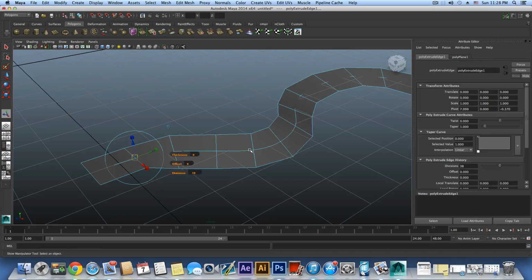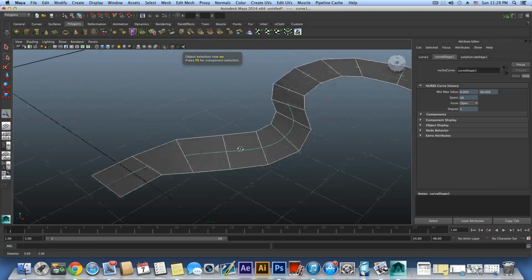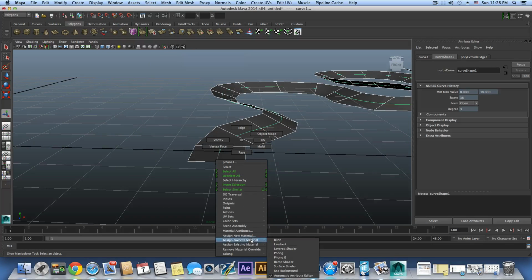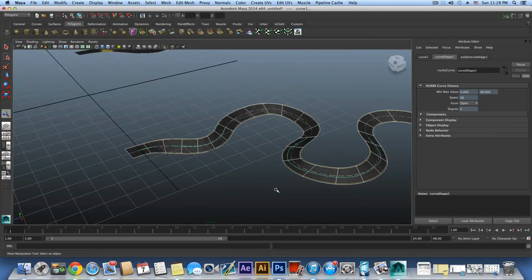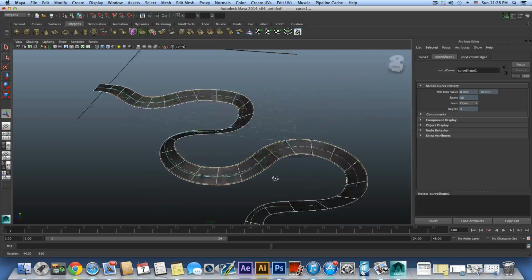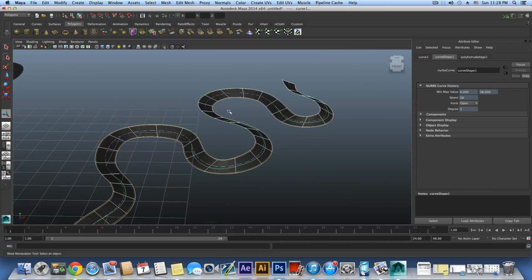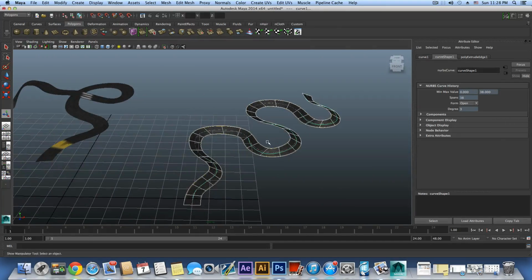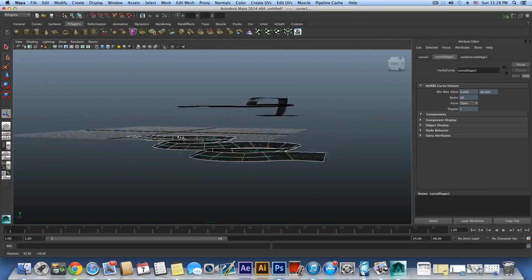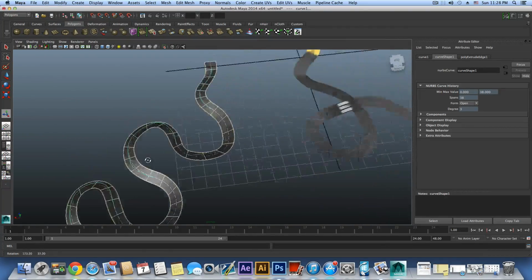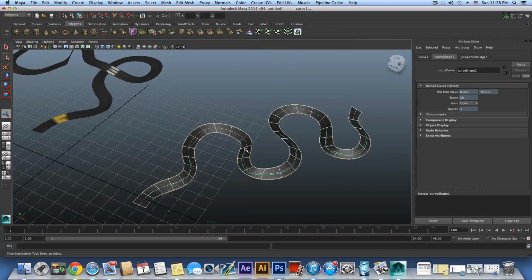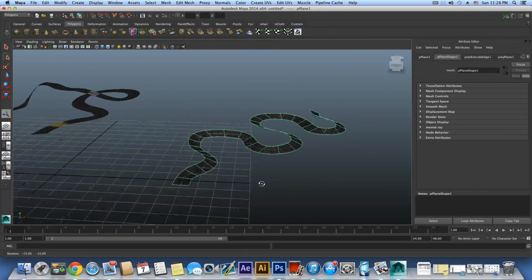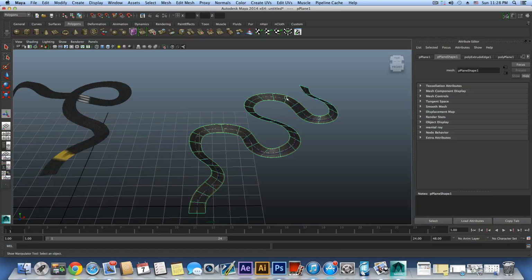But now if I right click and apply this same material, blinn 1, to it, you can see the road looks perfect. The texture is sitting perfectly on top of the road, following the same path, and everything is fine, right? So basically what's going on here is that we can use these UV layouts in order to